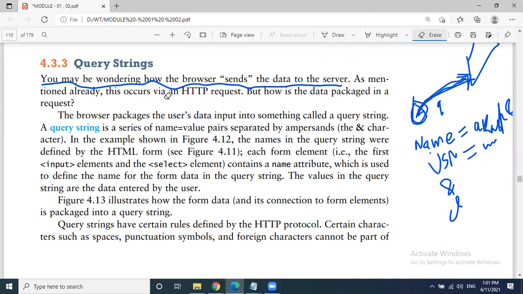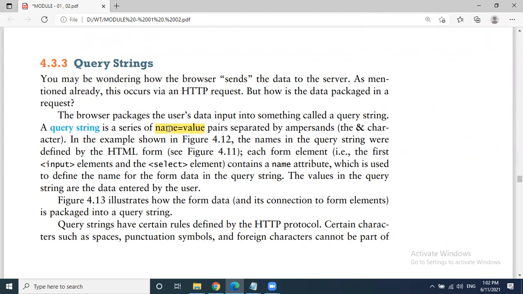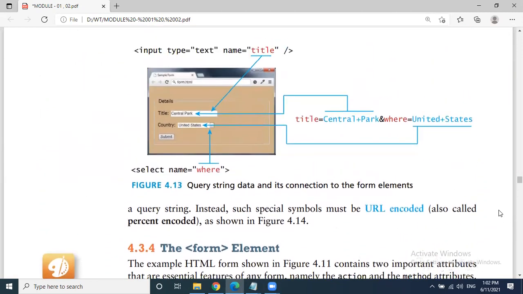Name and value is pair में separated with ampersand. See here, you can see कौन सा फॉर्म है नेम एंड वैल्यू. नेम बोले तो जो भी इन टाइप में अब नेम इक्वल टू लिखते रहे उसको असाइन होगा वैल्यू. ओके, सो दैट वी कॉल अ क्वेरी स्ट्रिंग. इस फॉर्मेट में, see here you can